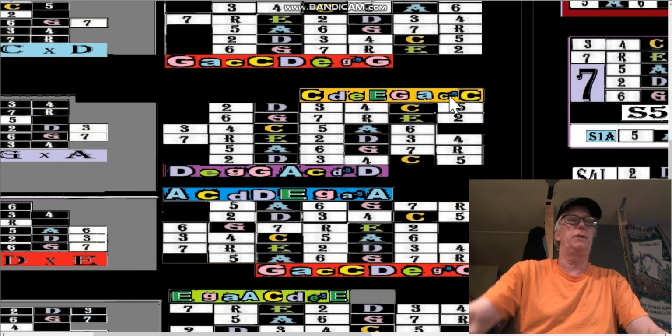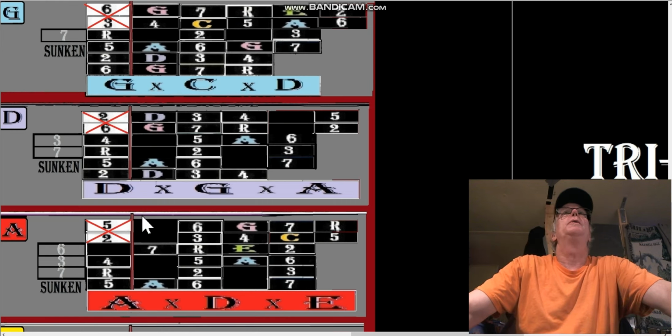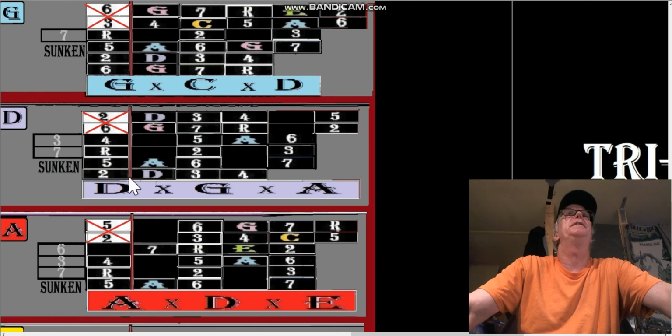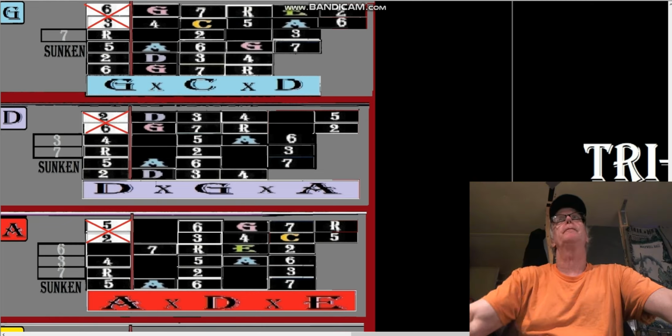So let's look for another one. Okay. So what we're looking at here is a best attempt at showing the key of D, where this is D. R is D. R is the third string up. So there's your real deal. Okay,